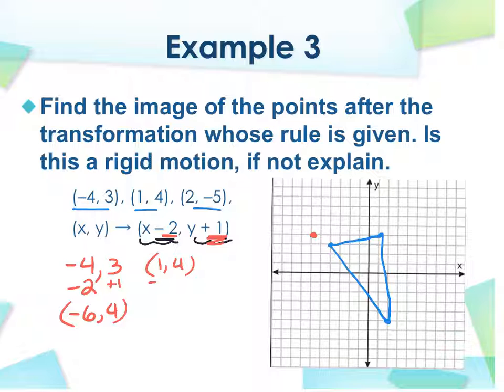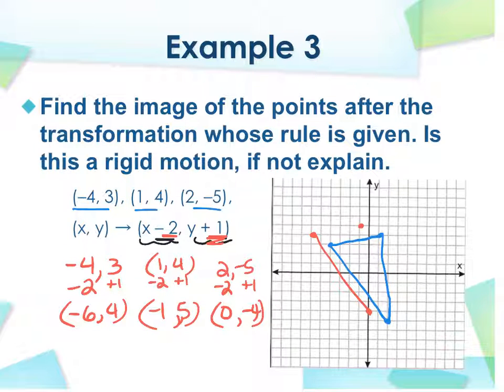To the x, I subtract 2. So I get -1. To the y, I add 1. It's up here. And then to the last ordered pair, do the same rule. Subtract 2, I get 0. Add 1 to the y, and I get -4. And here, if I connect them,